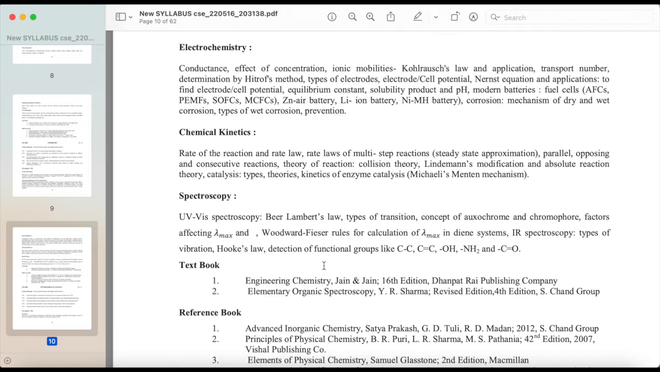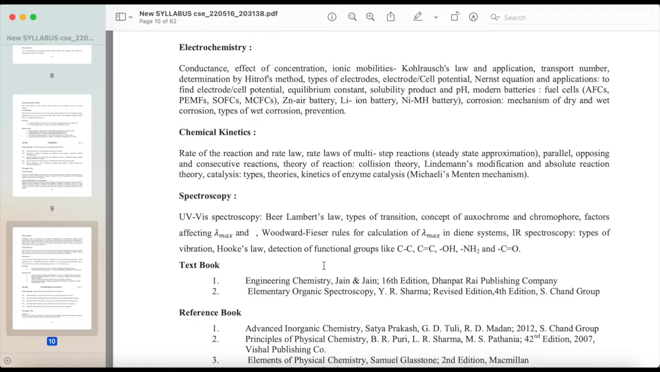of wet corrosion, prevention. Chemical kinetics: rate of the reaction and rate laws of multi-step reactions, steady-state approximation, parallel, opposing and consecutive reactions, theories of reaction rate, collision theory, Lindemann's modification and absolute reaction theory, catalysis, types, theories, kinetics of enzyme catalysis, Michaelis-Menten mechanism,